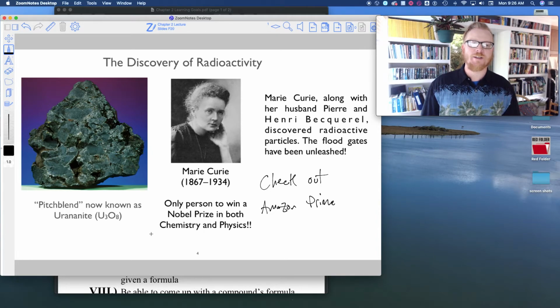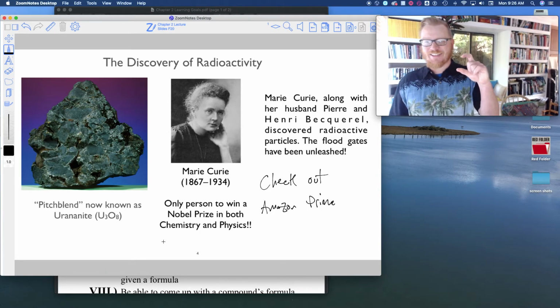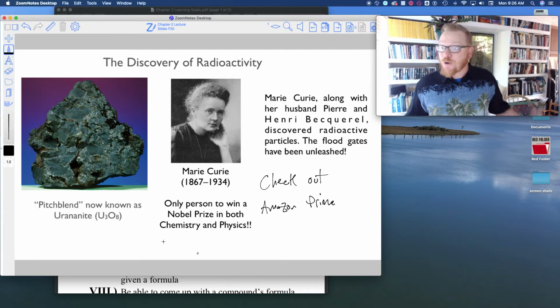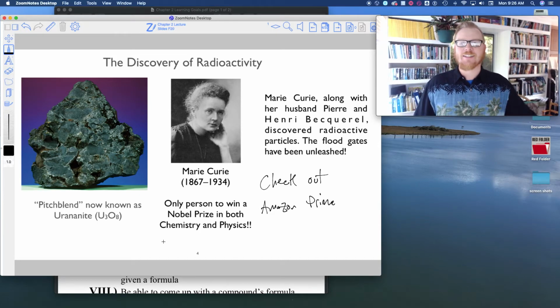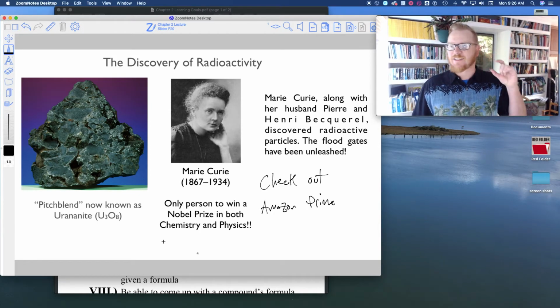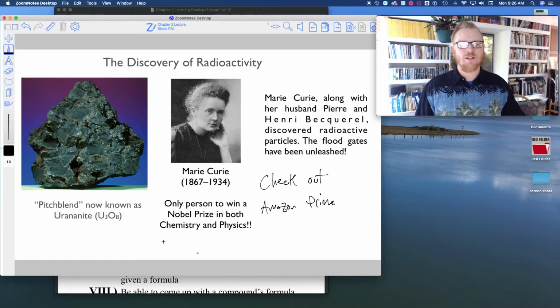And of course, watching them do their work makes you cringe because they're holding these samples of polonium and radium and they had no idea just how toxic that stuff was. They're just holding it, like sleeping with it in bed, like these little glowing containers. So watch the movie about Marie Curie on Amazon Prime. It's really cool. But famously, she and her colleagues were able to show how people had completely misunderstood the structure